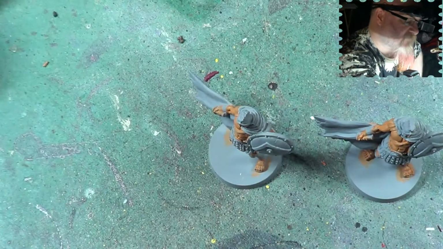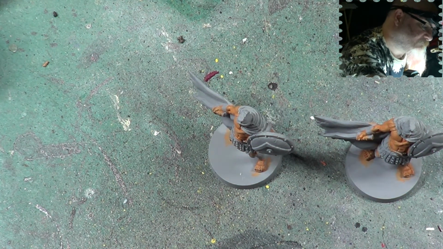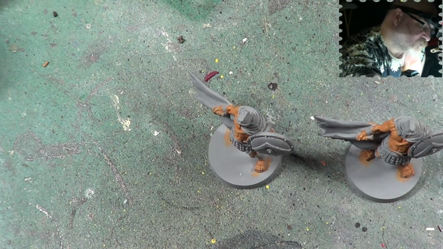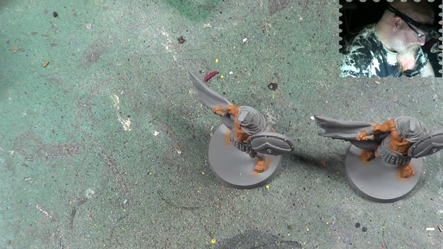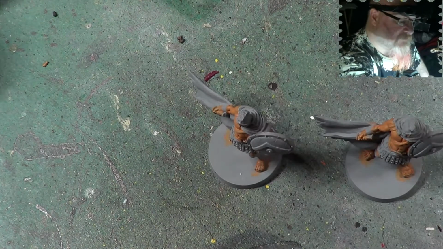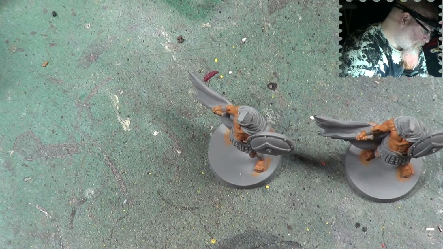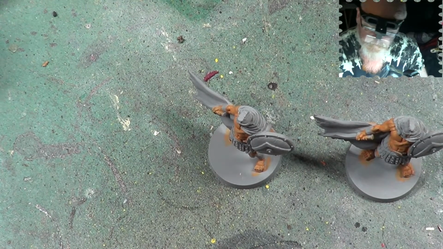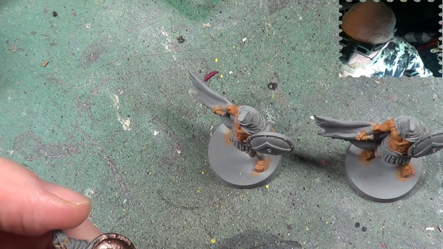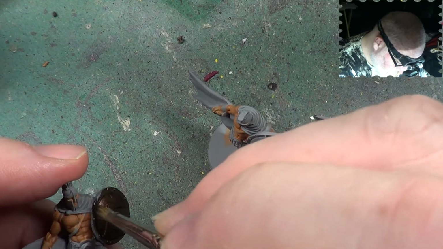I can't really do much else because it seems to be drying up. Not drying up, but I'll need to refill the brush, shall we say. So instead of doing that, what I will do instead is just clean the brush out. Dry it off. Get another brush. Now with this brush we can then proceed to